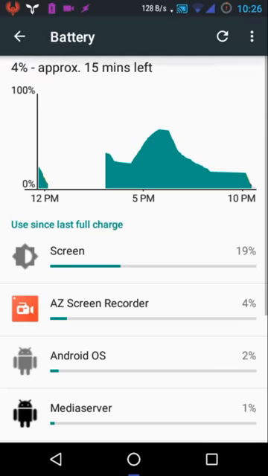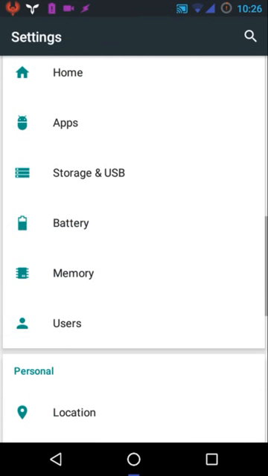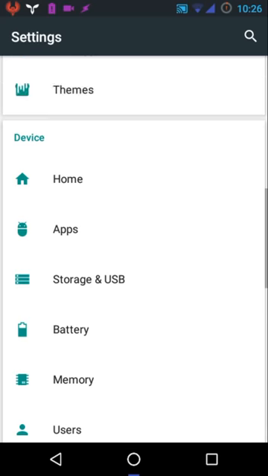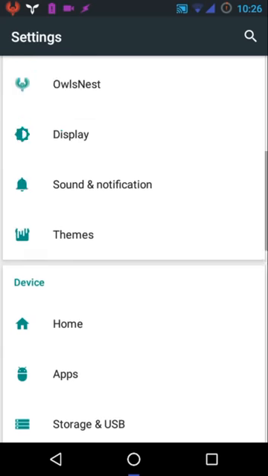So I would recommend you to flash this ROM and give it a shot, because as I've already said, in terms of number of features and customization, this ROM is on par with AOSiP. So you can give it a shot if you want to, and let me know what you think about this